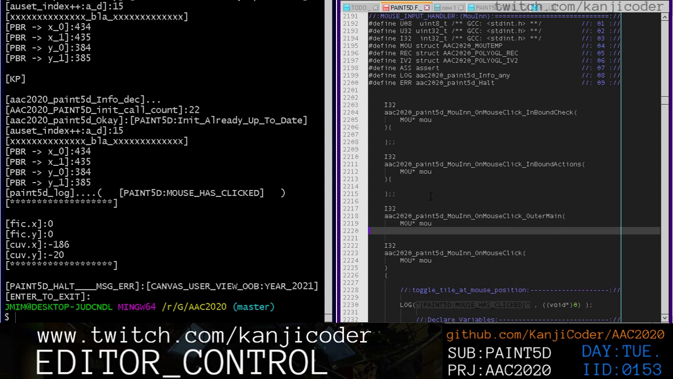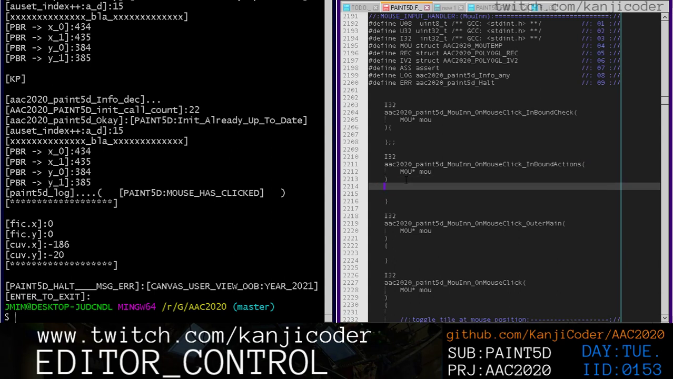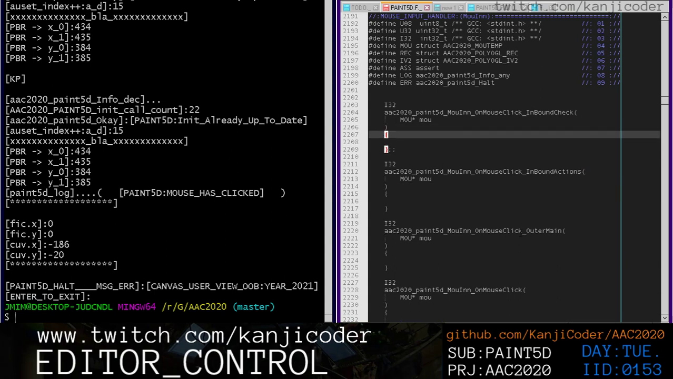I don't like having random exit points in the middle of my code. So to alleviate that, I don't want random exit points in my code, so we're just gonna have to split up the function into this outer main function, and then we're gonna do like an inbound check, right? And we're gonna say, you know, if